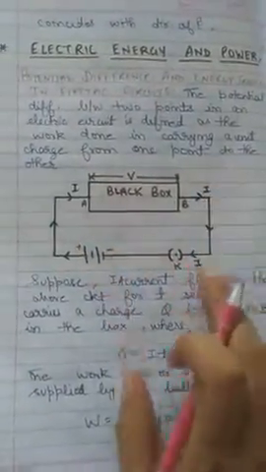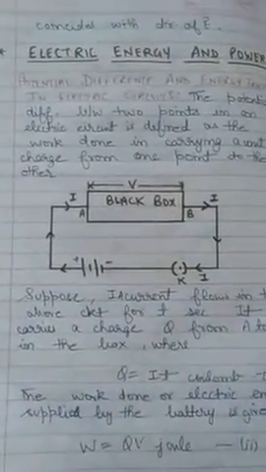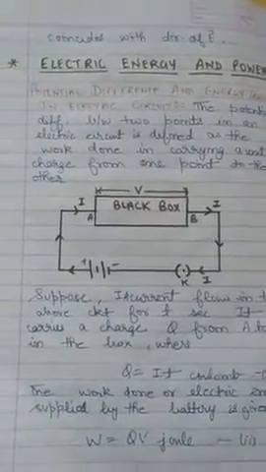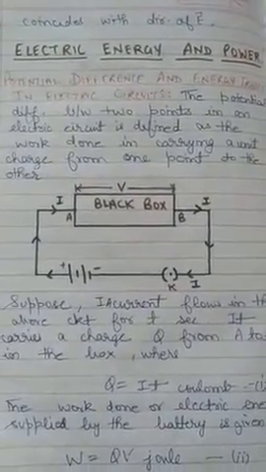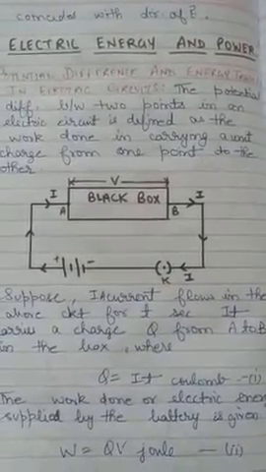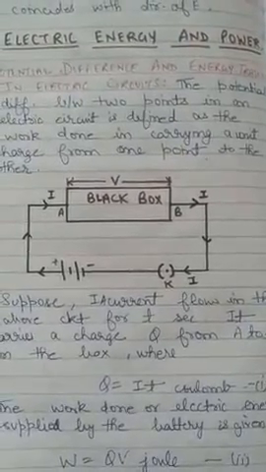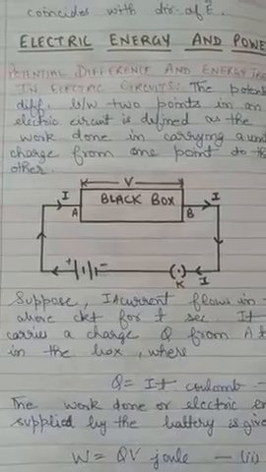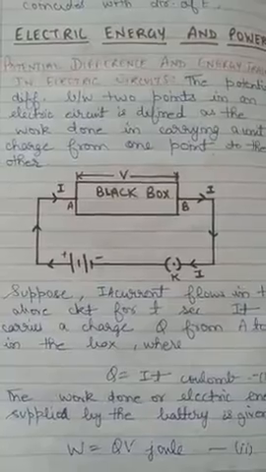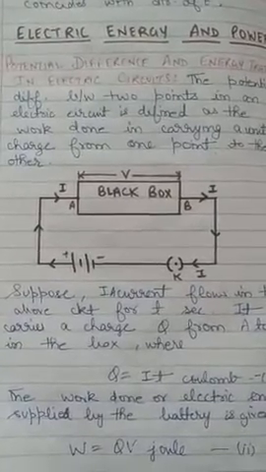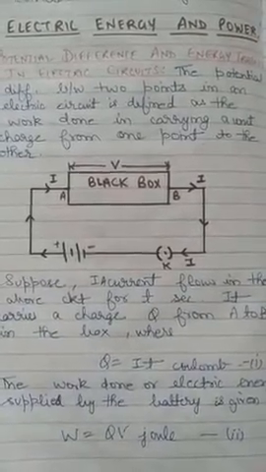As you can see in the circuit here, a black box is used. So what is a black box? The black box we use to tell what input should be given inside and what output we will get from it. By finding the output that we get, we can tell what is inside the box. Like if there is a resistor inside the box, then we'll say that the energy liberated by this box will be in the form of heat. Otherwise, if there is a motor inside of it, then it will be mechanical energy. That is why this black box is used.